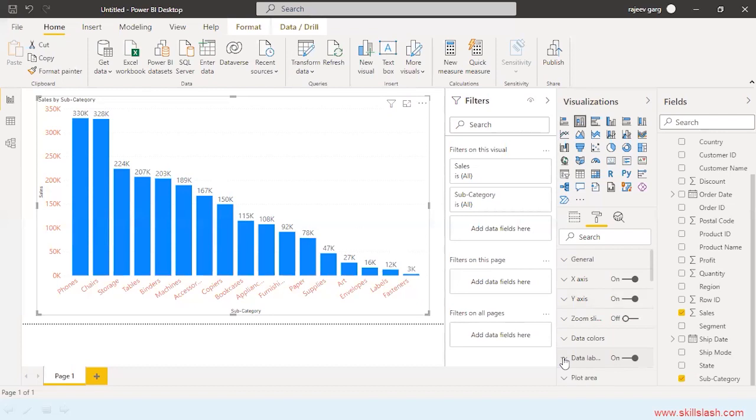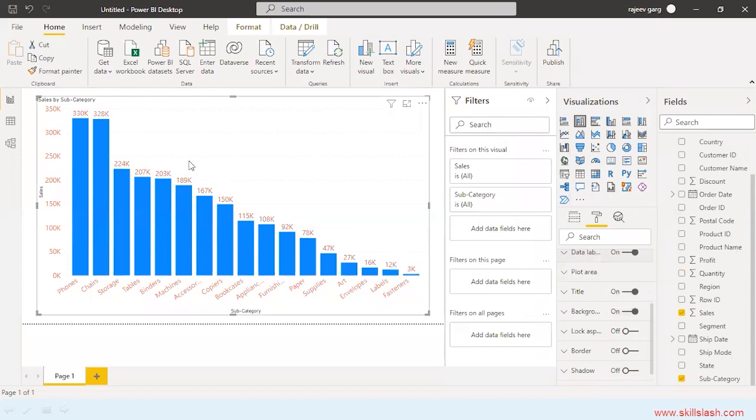Data labels here also, if you want, you can change the color of the data labels. On the top, you can see sales by subcategory. If you don't want it, you can make it off, so the title will be removed. If you want, you can turn it on. Let me go to the title. Just click on this drop down arrow. If you want to format it, you can say subcategory sales.